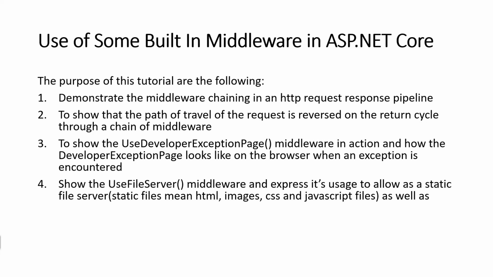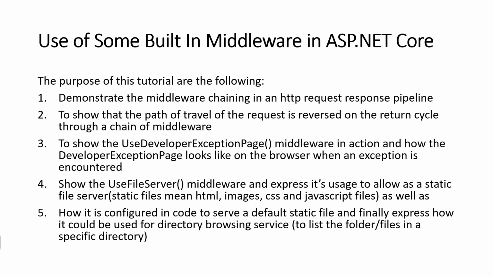It will also show the UseFileServer middleware and explain its usage as a static file server. Static files means all files like HTML, images, CSS and JavaScript files. It will show how the UseFileServer middleware is configured in code to serve a default static file, and finally how it could be used as a directory browsing service, that is, to list the folders and files in a specific directory. Right. So